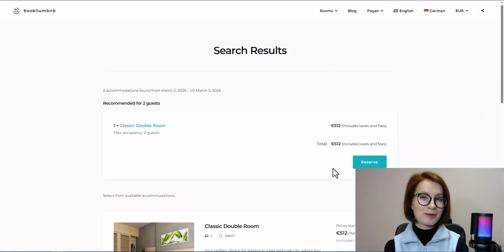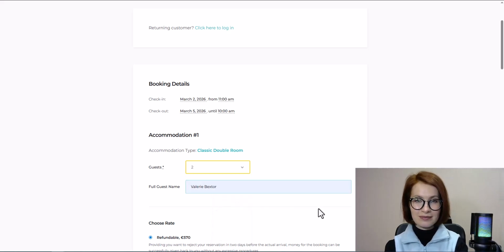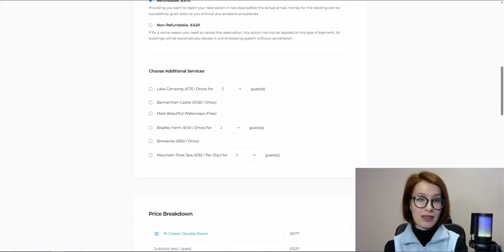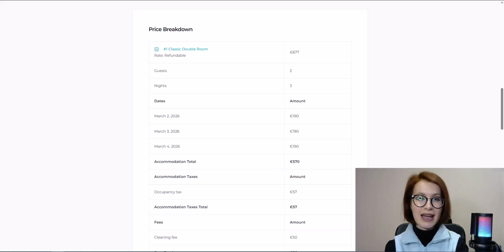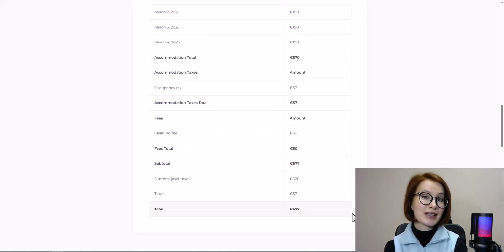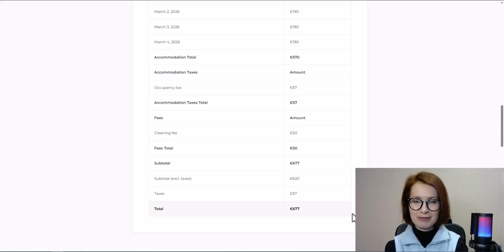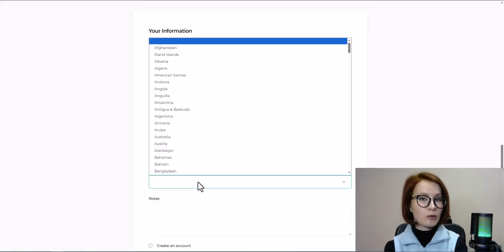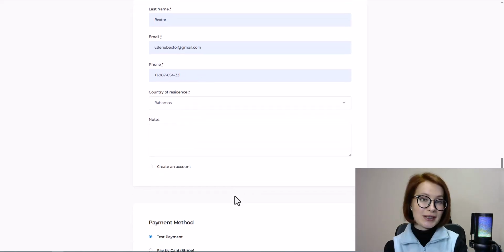Alright, now let's make a quick booking, like something you might do in real life. So when I start on the site, I go through all the familiar steps. Then we come to the price breakdown. You might notice the total includes an extra fee. In my case, it's a cleaning fee. And just so you know, with Hotel Booking, you can set up this kind of fee too. Don't forget about this. Once all the required fields are filled in, we move on to choosing the